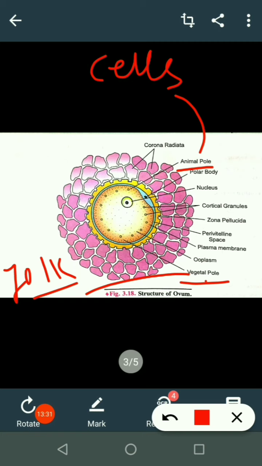Along with it, can you see this black structure? It is called the polar bodies. It is present near the area of this animal pole and outside the plasma membrane, in the blue structure. And this